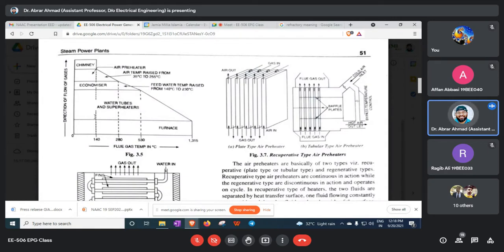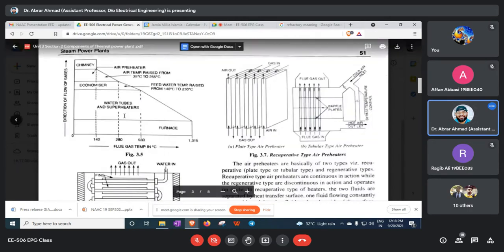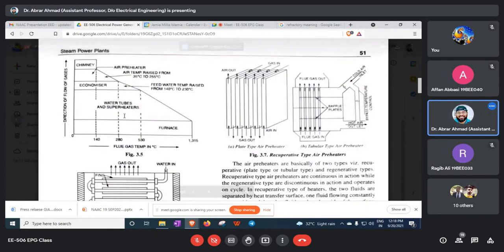So because of this dynamic passage of air, you have to utilize it to the maximum, and that is why you have to have multiple places where you can get the heat transferred. So that is why we have a lot of air preheaters, economizers, superheaters. The purpose of all this is, of course, just to have maximum transfer of heat from the coal to water.